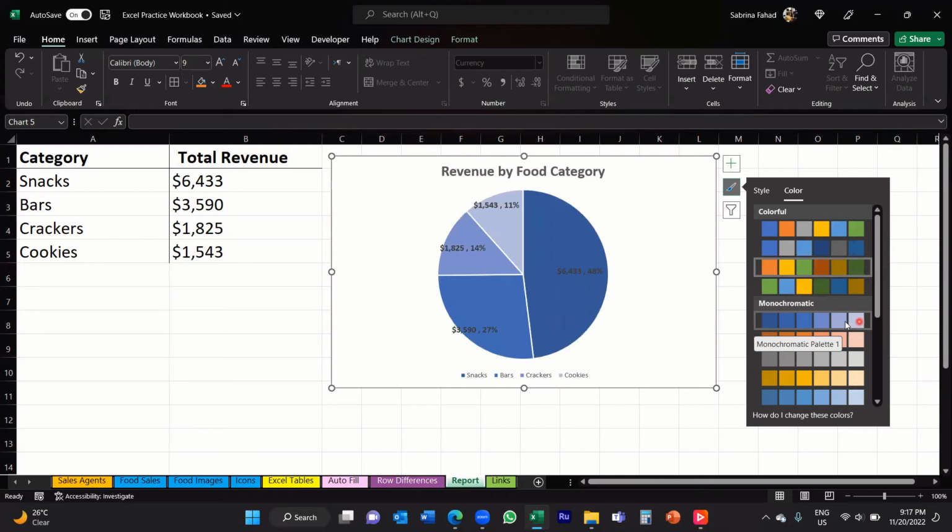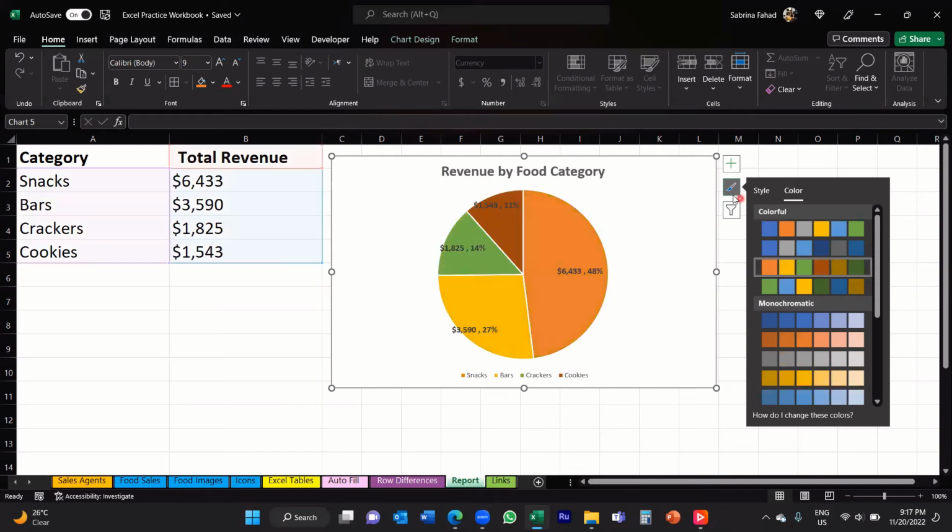Okay, so the first one there is all blue, but of course, each pie is a different shade of blue. And then the next one is all orange. And then the next one is all gray. And then the next one is all sort of a gold color. Okay, so if you wanted to just have one color but use different shades of that color, you can go for the options at the bottom. Okay,